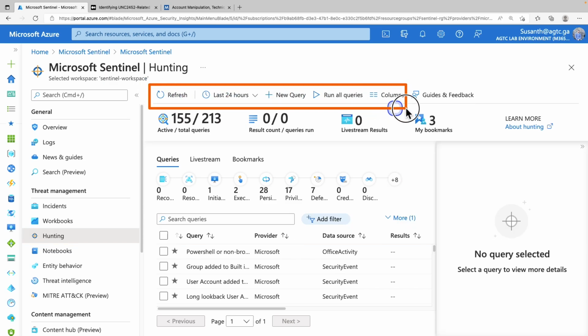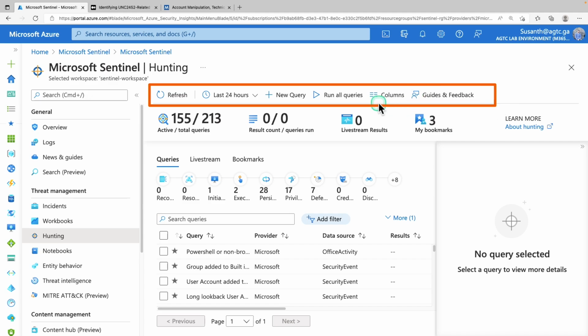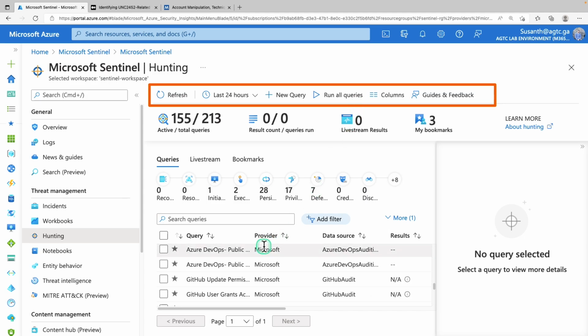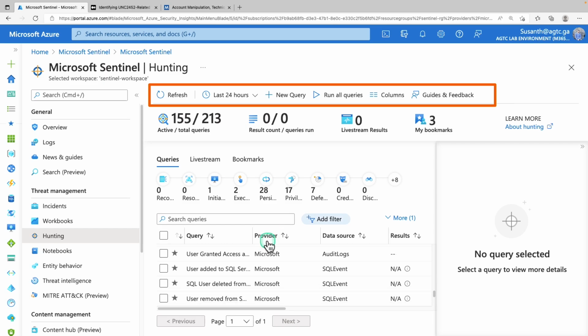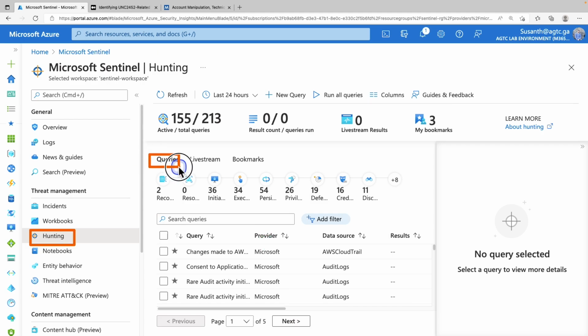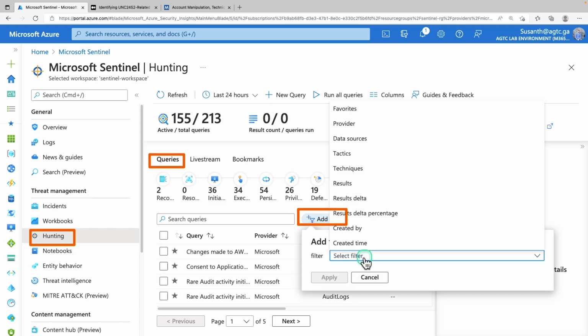Right on top is known as the action menu or the action bar. Here we can find the run all queries button. If you click on this button, it will run all the active queries. When you do that, be aware that it is going to take a lot of time depending on the number of queries and the amount of log data being queried. So to get the results faster, it helps to filter down to the specific set of queries which you need to run. To run a specific query, go under queries, click on add filter and select the filter,